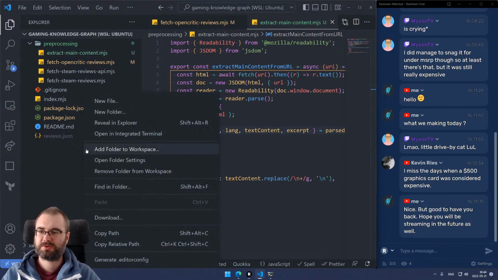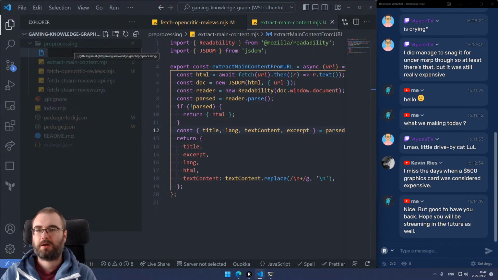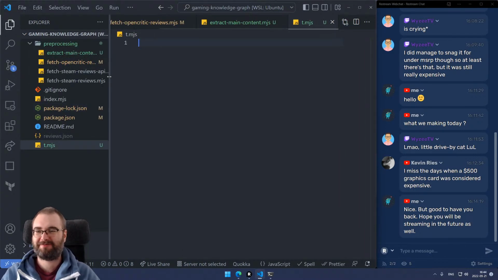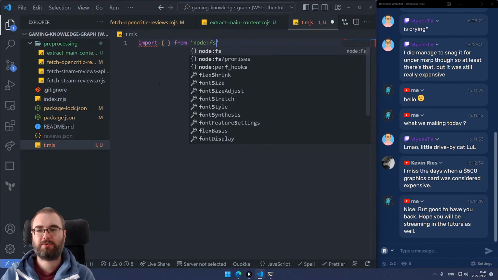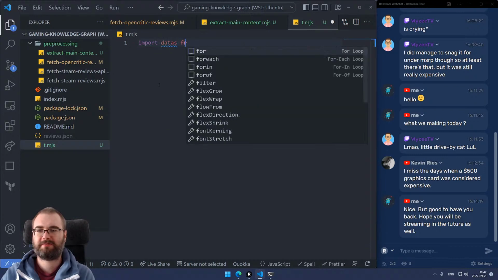What we can do is we can write a quick script that will say, how do we call it? So, okay, you know what? Let me just do my favorite thing, tm.js. That is the most helpful script ever. Okay, import from Node.js promises, readFile. Oh, wait, no, I don't need that, right? I can do import data from